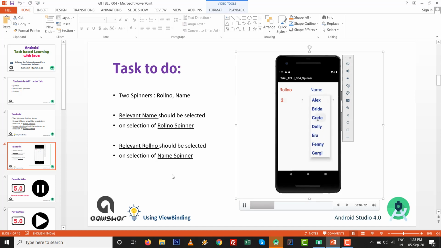If someone is selecting the third name, then the third roll number is selected. If someone is selecting four, then the fourth name is selected, and so on with the ongoing approach. So it is A, B, C, D, E, F, G, a total of 7 roll numbers and a total of 7 names according to this chronological manner. It is here. So let's do it.